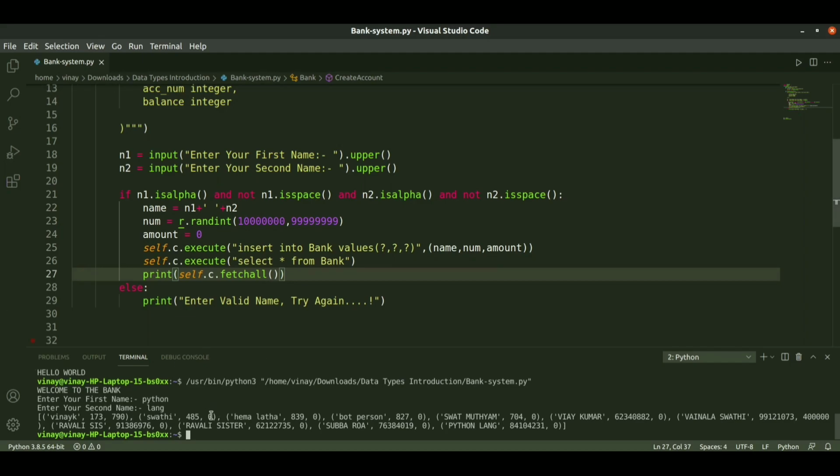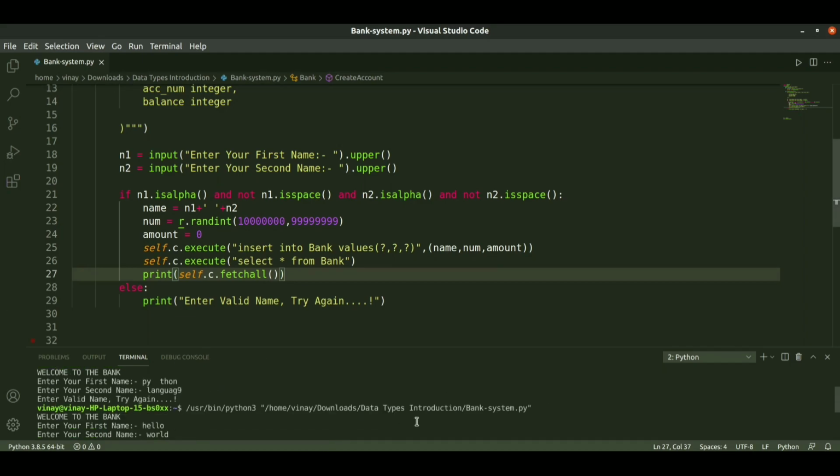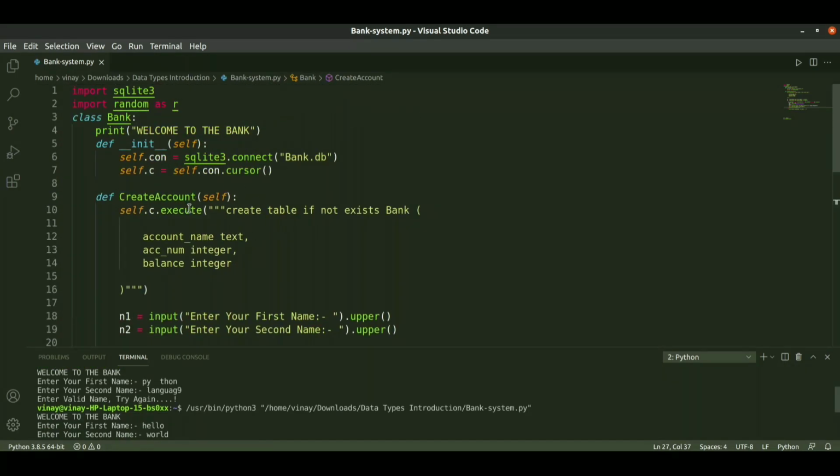So here it is displaying all the old database data. So in order to clear that, I will delete that data first of all.